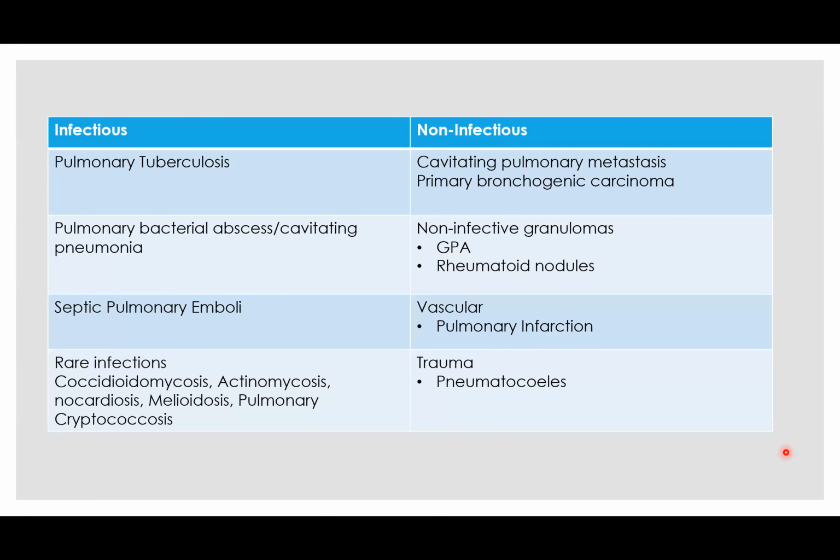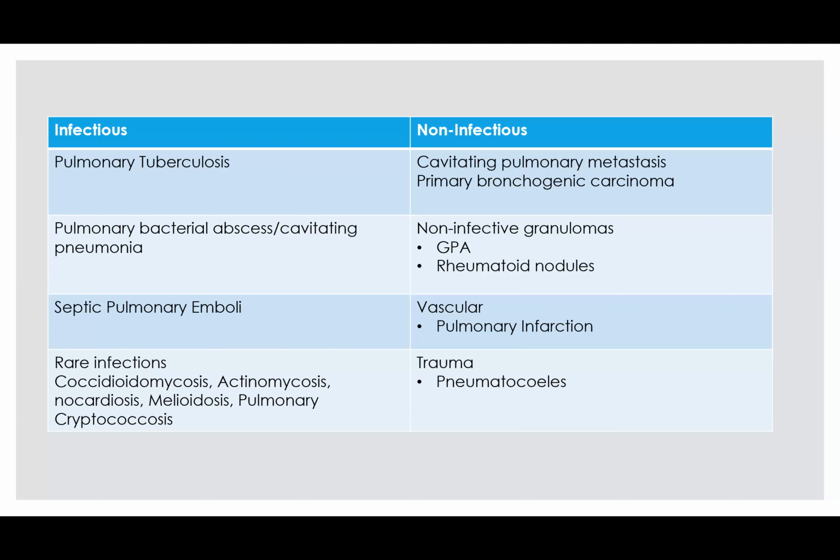Okay, so this is just a brief table, again non-exhaustive, in terms of non-infectious etiology. Cavitating pulmonary metastatic disease would include squamous cell carcinoma, adenocarcinoma, even sarcomas. Cavitating malignancies would include primary bronchogenic carcinomas. And other non-infectious causes would be non-infective granulomatous disease, like granulomatosis with polyangiitis, or rheumatoid arthritis with lung involvement, particularly with rheumatoid nodules. Vascular non-infectious causes would be, again, pulmonary infarction, which we've mentioned, and pneumatoceles or pneumatocele development in